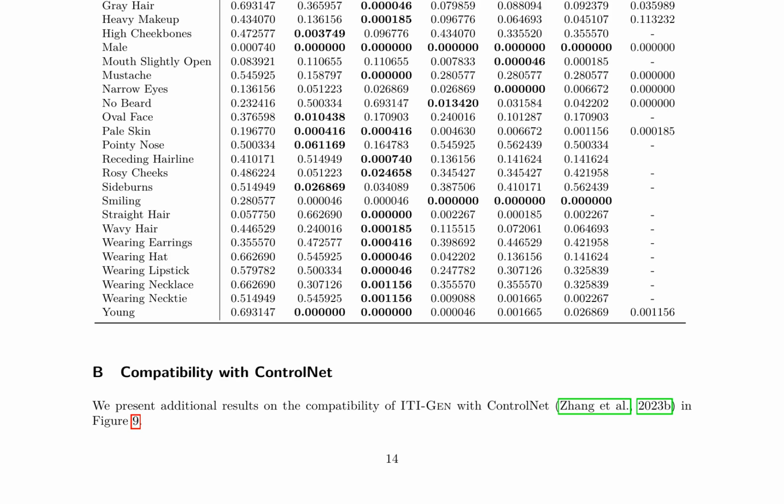In conclusion, the paper presents a significant advancement in the field of text-to-image generation, focusing on the critical issue of bias and inclusivity. The development of ITI-GEN contributes to the creation of more diverse and representative images, which is essential for various applications in computer vision and beyond.